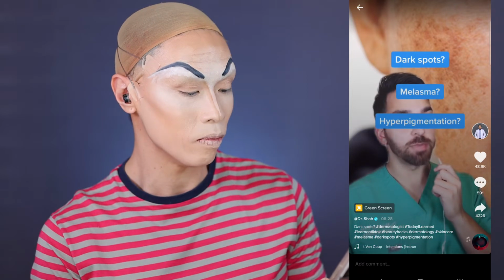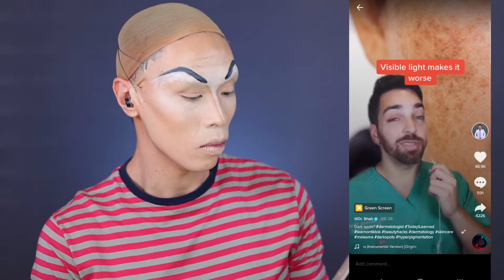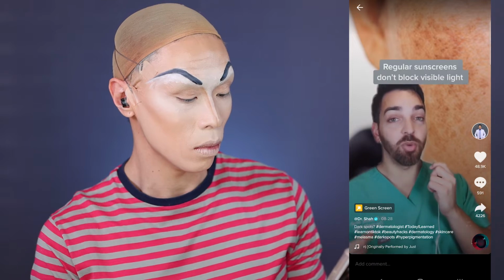Do you have dark spots, melasma, or hyperpigmentation? Well, research shows that visible light from our environment can actually make hyperpigmentation worse. And it turns out that regular sunscreens actually don't block against...